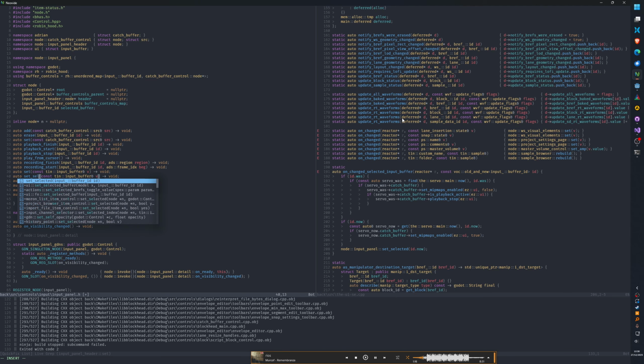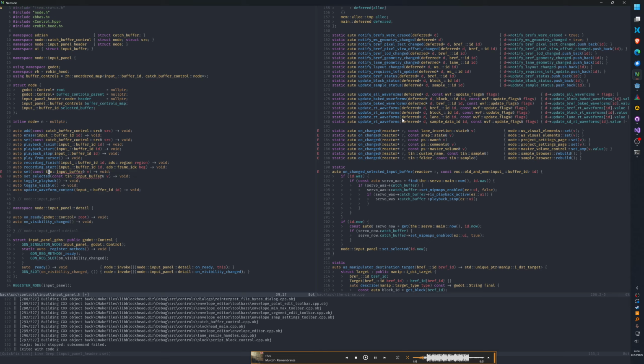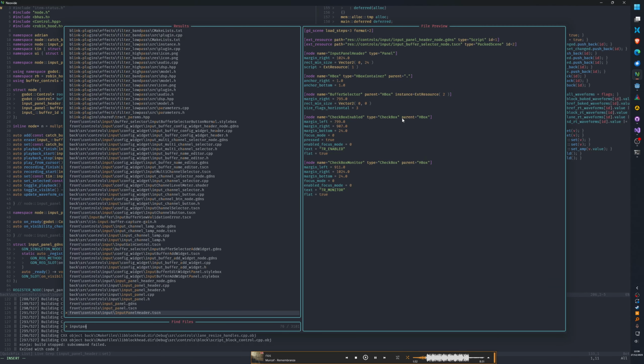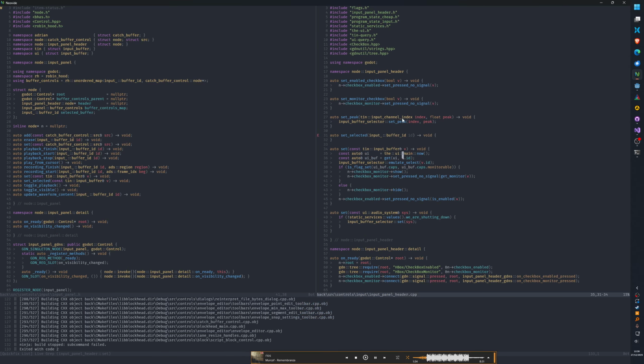And set selected. And here I would pass in the UI input buffer as well.